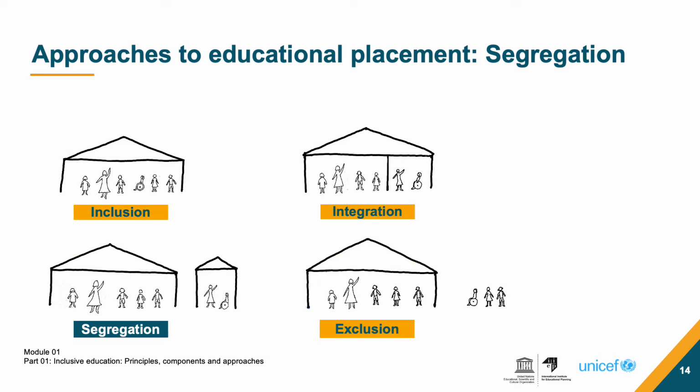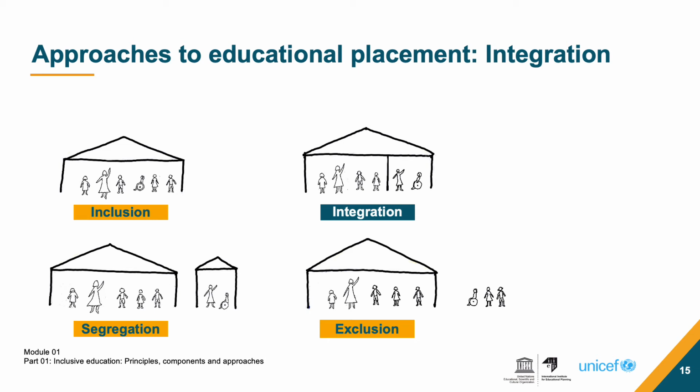Segregation means the child is placed in a separate school away from his or her peers. This type of placement continues to be very common, especially with regard to education for children with disabilities. This model tends to isolate children from the community and, as a result, can fail to prepare them for an independent life within the community. Often, this educational placement is labeled as special education, implying that children in special education placements are a discrete and separate group with different educational needs from other children.